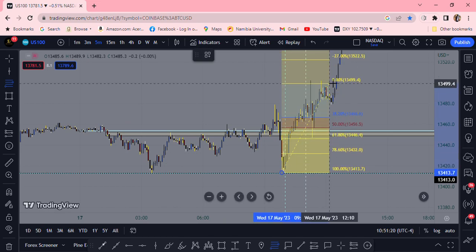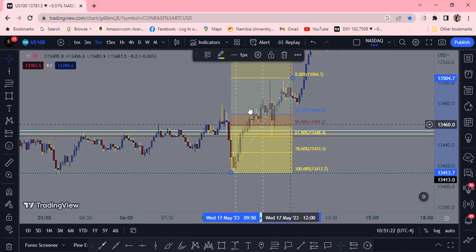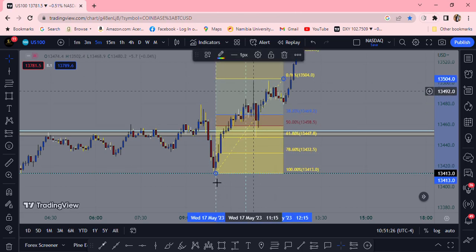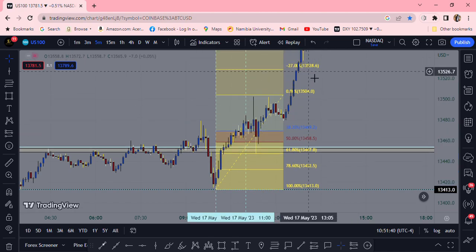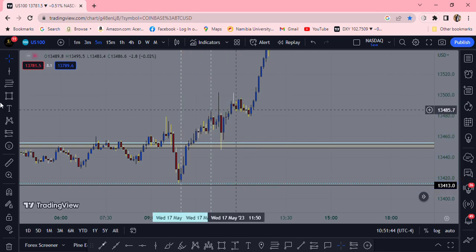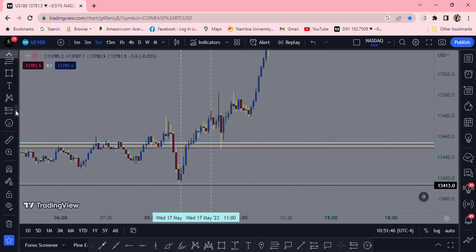Price will always come back and take premium. Like I said, I always draw my fib from here to there, waiting for price to come below the 50%. Below the 50% is discount, guys. When we target discount, my fib is 61.80, and when we target discount, we always target the premium side. So the 5 minutes I entered here,